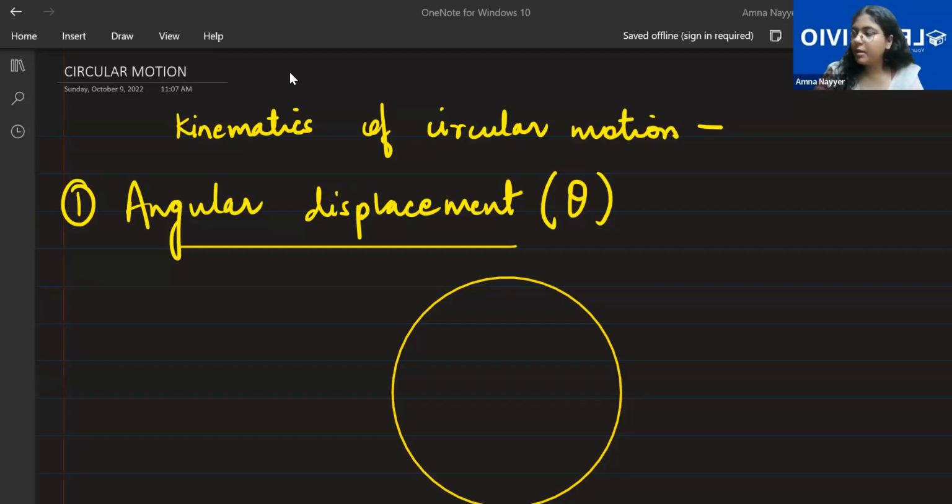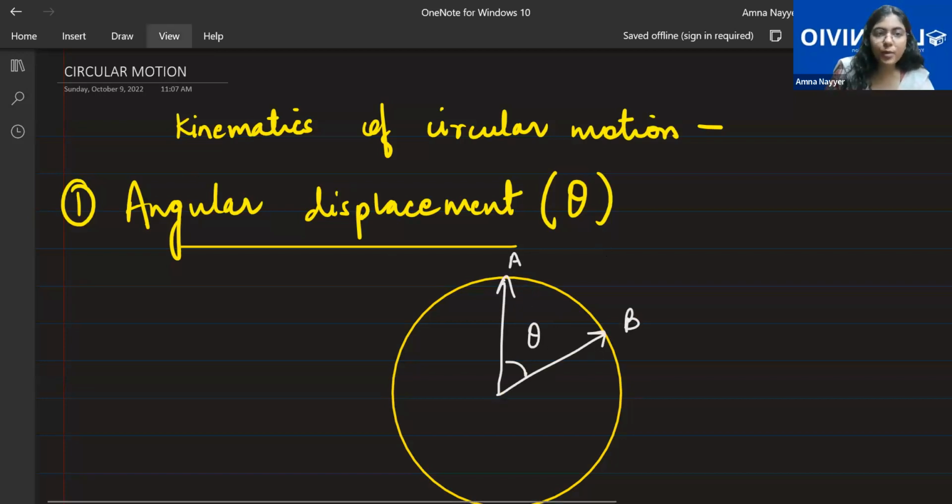Okay. So when we're talking about the circle, let's say a body has started, let's say this is the circular path. A body starts from this point and reaches this point. So this is how the body will move in a circular track. So here you're getting the angle that is being subtended. If we have this as the A point, this as the B point, this will be the angle that will be subtended. So the angle swept by the body